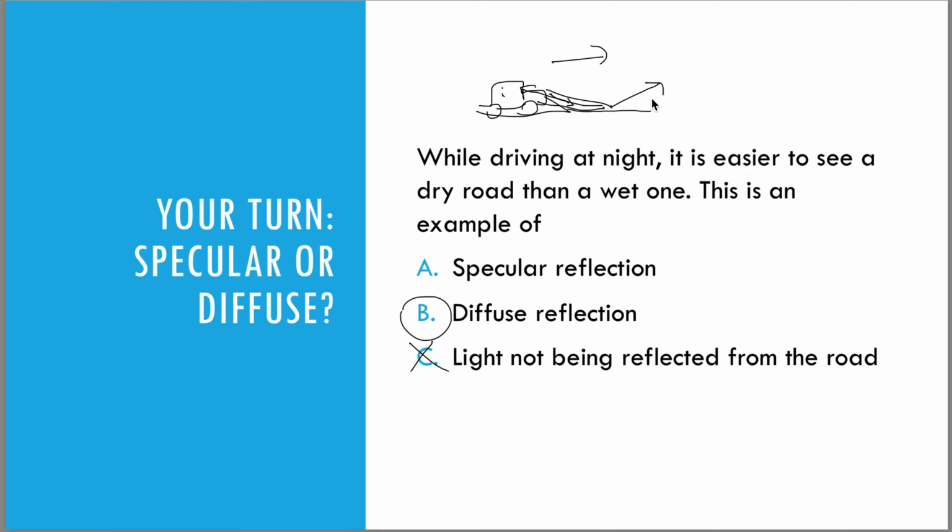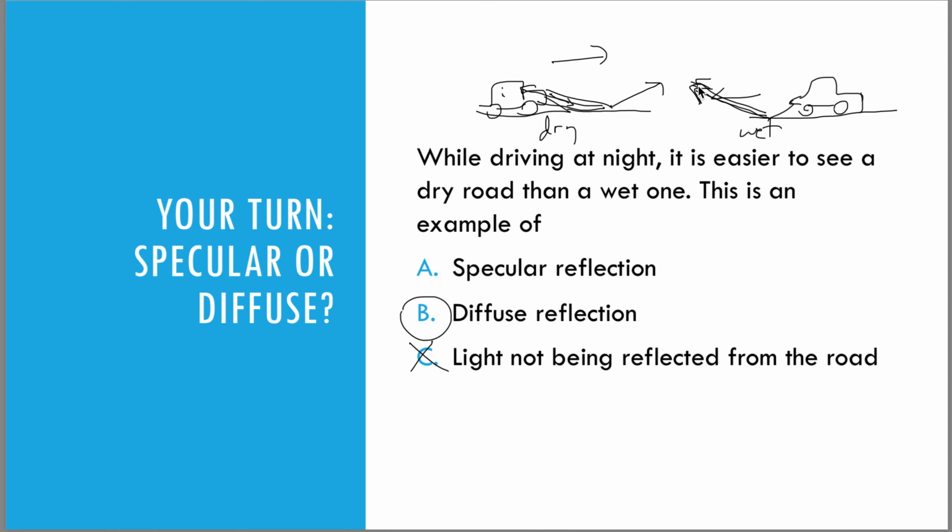Now that being said, when you have specular reflection, such as when you're driving and the road is very wet, so that makes the surface of the road very, very smooth, and that's why it can be specular reflection. Think about what happens when you have a car that is coming towards you and it shines its headlights, and let's say this is a wet road, this was a dry road here. That wet road, you're going to have specular reflection. All of the rays are going to reflect in that same path here. So if you're over here,